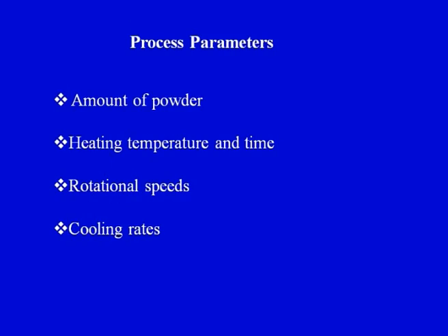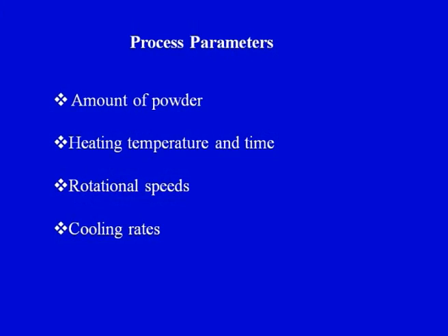And we have also to decide for how much time this heat has to be provided, along with the rotation of the mold about the primary and the secondary axis. So, we have to decide on the rotational speeds of the mold also. And finally, last but not the least, we have to see for how long the mold would be kept closed after the product has been formed inside the mold. So, these are the four important points that have to be taken into account if we want to make a good quality hollow plastic part using the rotational molding process.